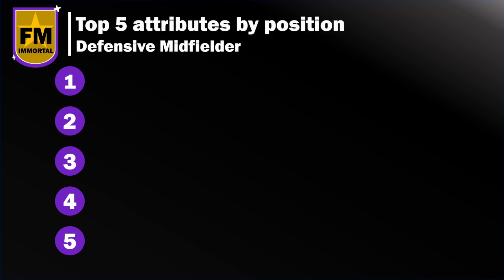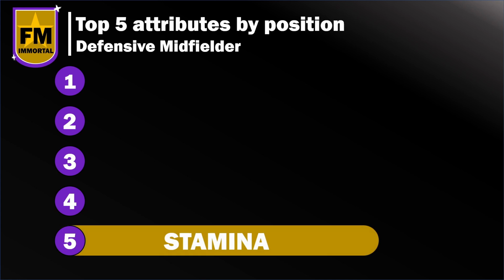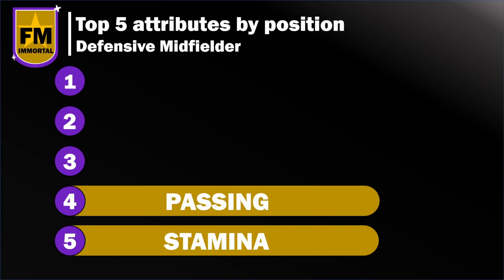Next up, we're talking defensive midfielders. Now, in at number 5, we've got stamina. Of course, we want defensive midfielders, and particularly ball-winning midfielders, to be able to run for days. In at number 4, we have passing. So this is more of a deep-lying playmaker trait, but a decent defensive midfielder should have 12 or above